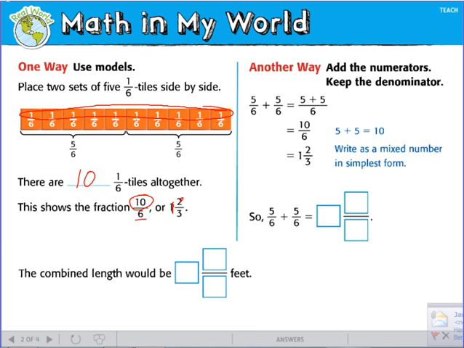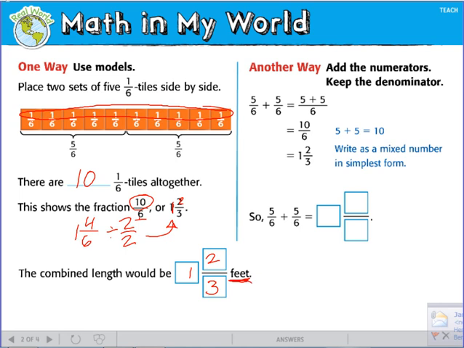And they already reduced it to 2/3. So 6 goes into 10 once. There's 4 left, which gives you 4/6, right? If we divide the top and bottom by 2 over 2, that will give you the 1 2/3 that they have here. Okay? So the combined length would be 1 2/3